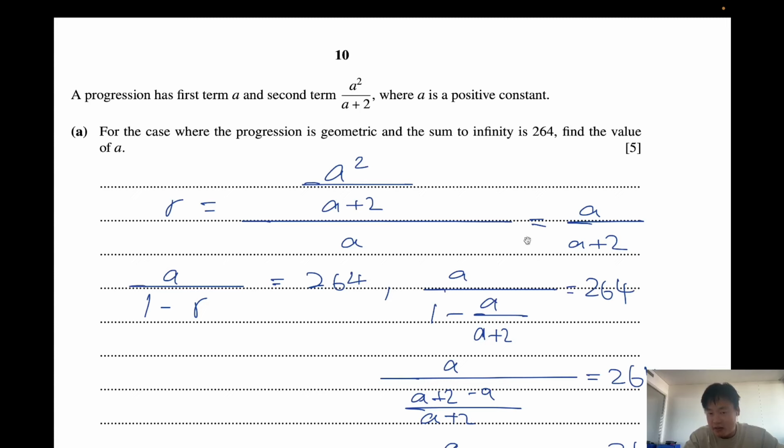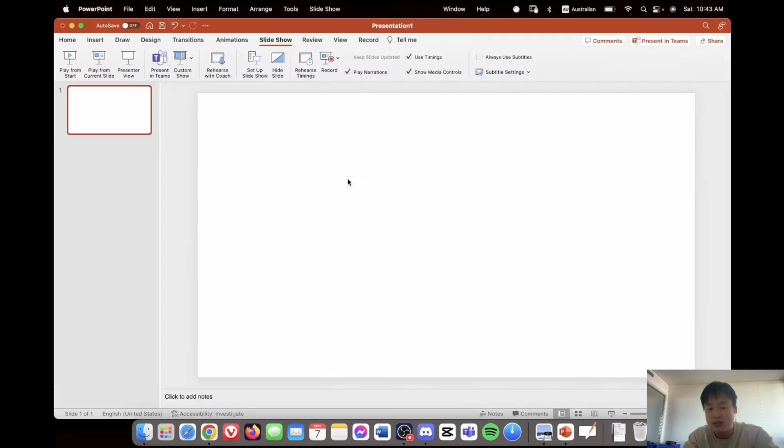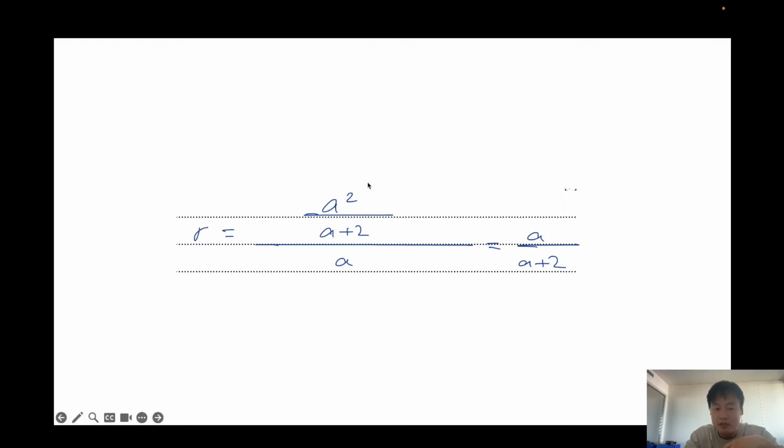If you're wondering how this simplifies into this, that's quite concerning. Okay, this is very basic algebra over here. But if you are wondering, here's how it simplifies out. As you're wondering, like, how do we just get from this to this in one step? You should be able to just tell, okay? You should be able to just look at it and be able to tell that this is what happens. But if you're unsure, don't worry. You can just, while you're in the exam, right? What I'm saying is, if you really have to,